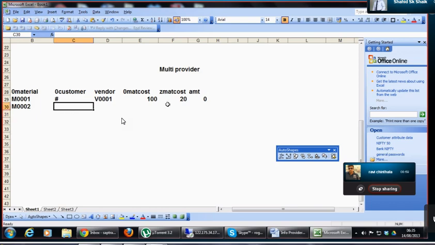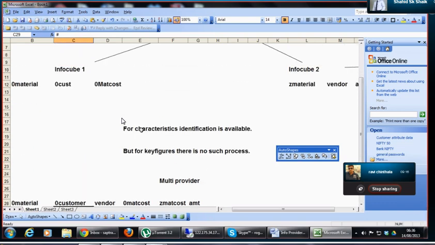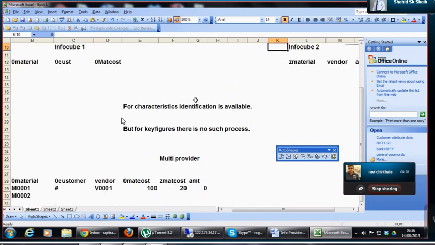So this is what you have to remember. For the key figures, 0 will be displayed if there is no relevant value. For the characteristics, hash will be displayed. Because here what we are doing, we are taking from two different cubes, right? We are bringing two different cubes into context. In this case, when you bring two different cubes into context,